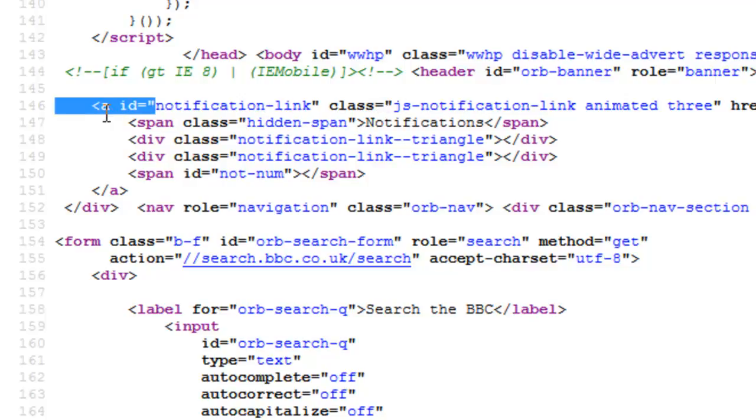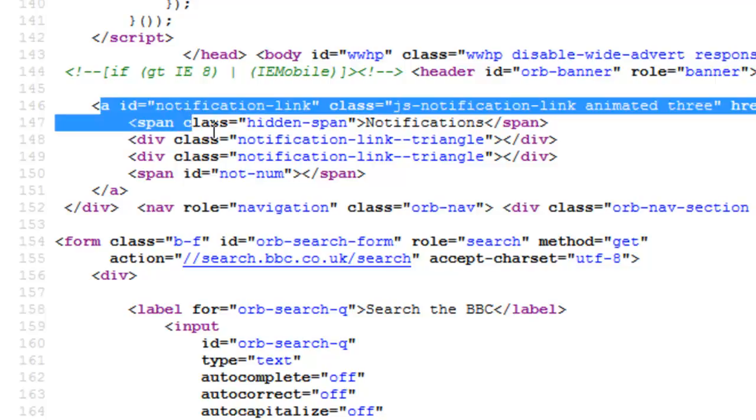For example, this anchor tag has one of the attributes as ID. Then there is also a class attribute and the href attribute associated with this anchor tag. Right. So based on these tags and attributes, Selenium identifies the element on the web page. Now there can be a tag name and multiple attributes with that tag as we have seen over here. Alright. So now how Selenium identifies the elements on the basis of these tags and attributes,